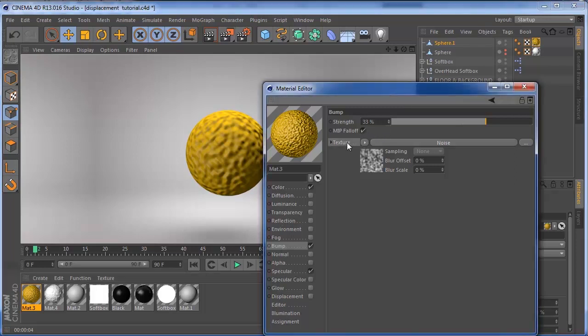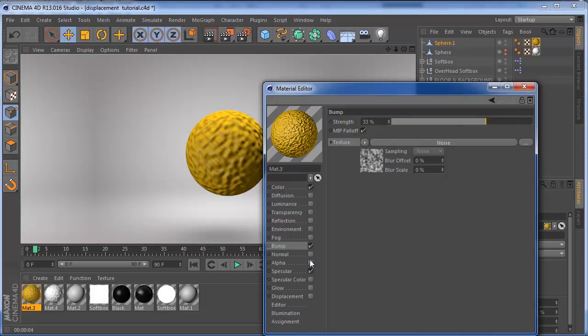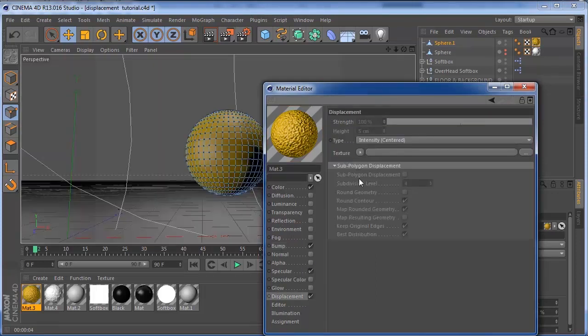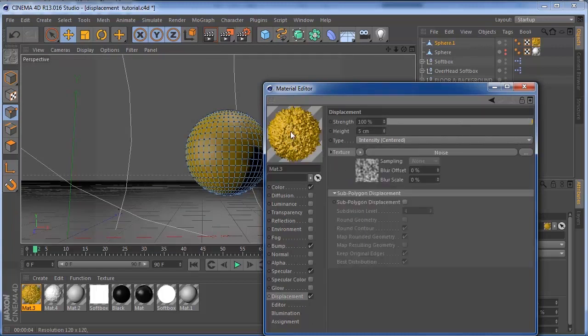So this is for a start, and then you can copy your texture from the bump channel and go to the displacement, and paste your texture there. You see that the displacement is already working, and now we don't need the bump channel. So we can turn off our bump channel, and the displacement now is much more detailed. To replicate this sphere, I'm going to increase this a little bit and put the strength a little bit lower, and